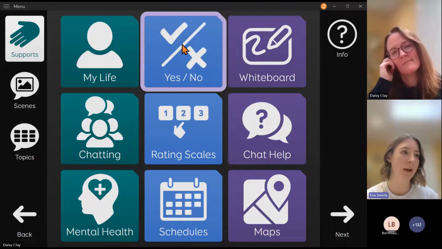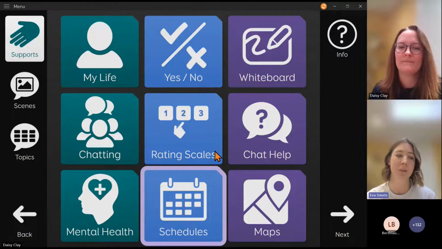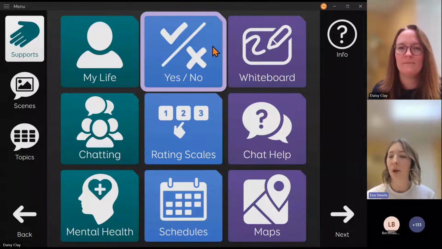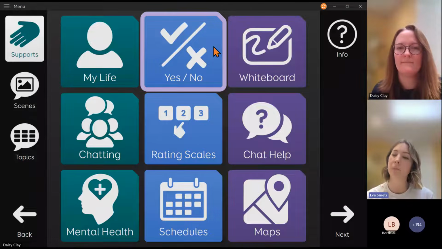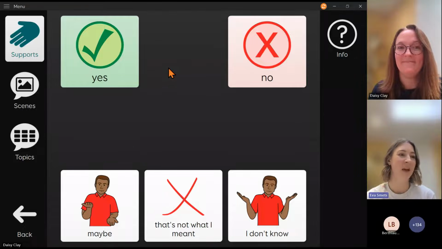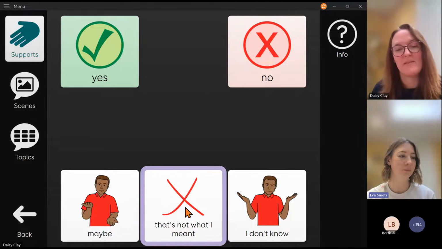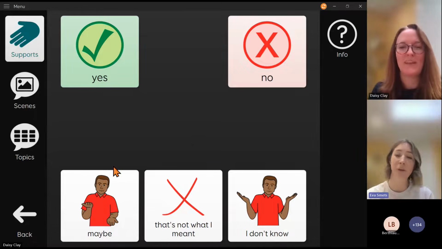So this next column here are resources which really closely mirror paper-based resources, which lots of speech therapists will be using with people with aphasia. So we know with aphasia, sometimes you can have expressive language difficulties, and you might say things which are not entirely what you want to be saying, and it might be that you make errors with your yes and your no. So the grid here, yes and no, can support that. Yes, no. And that can be helpful to clarify with somebody. And there's also that ability to say, no, that's not what I meant. Or other options like, I don't know, or maybe.